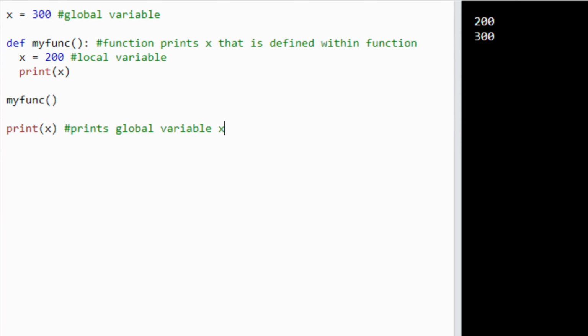Let's delve into local scope, where variables reside within the confines of their respective functions, invisible to the outside world. As shown in the example, the variable x is not available outside the function, but it is available for any